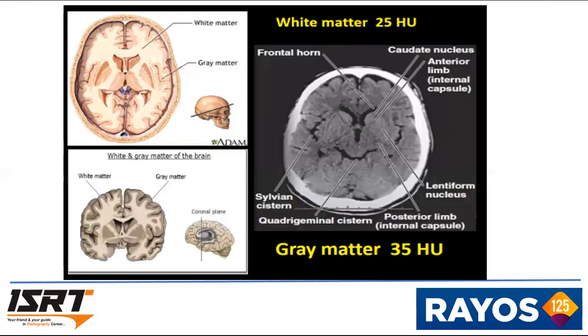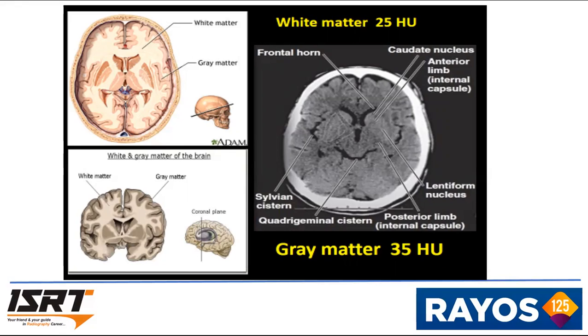So this is one of the very important slides for CT brain imaging. This slide has a very fundamental thing for a trainee technologist or for the beginner. As you all know, the brain has gray matter and white matter. You are all familiar with the terms gray matter and white matter. Gray matter is made up of cell bodies and white matter is made up of the axons which are myelinated